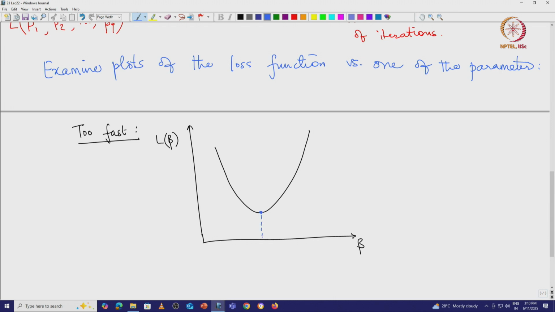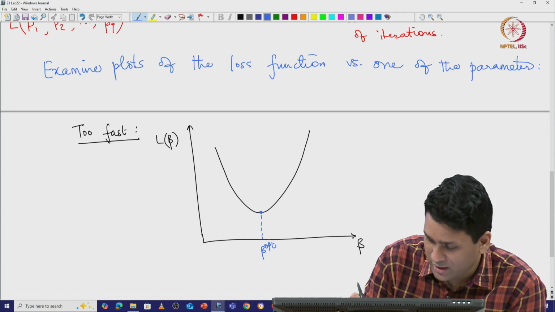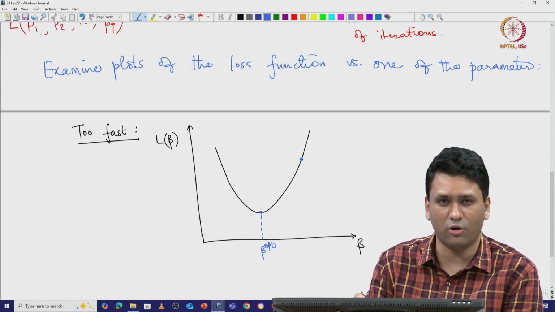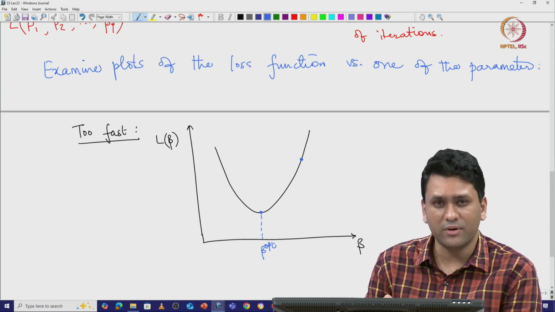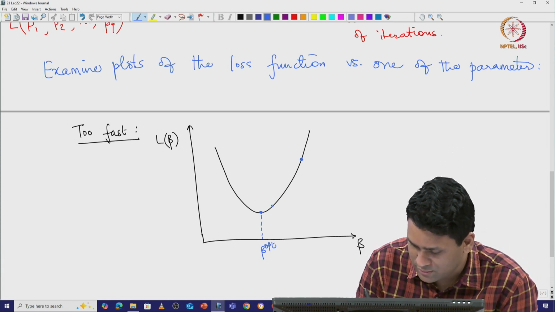This is the parameter you want to converge to, and you may be starting somewhere here. So as the optimizer proceeds you want to fall into this well and then reach the local minimum. However, if you are too aggressive, if the learning rate is too high,